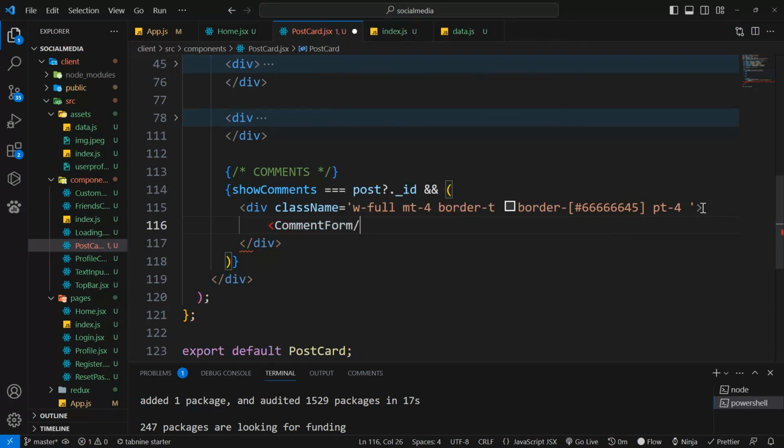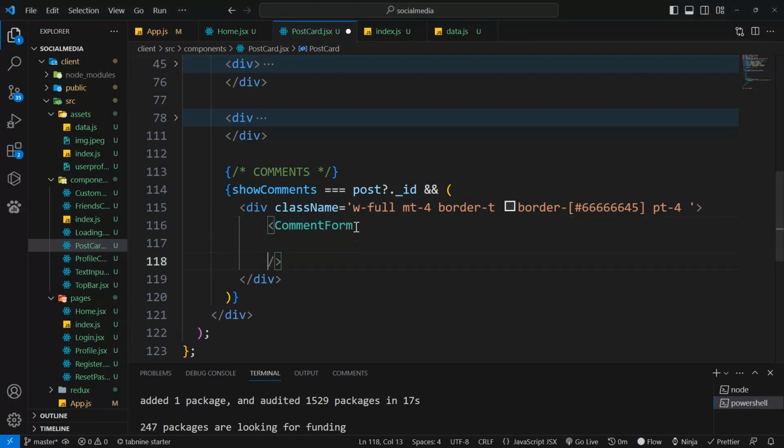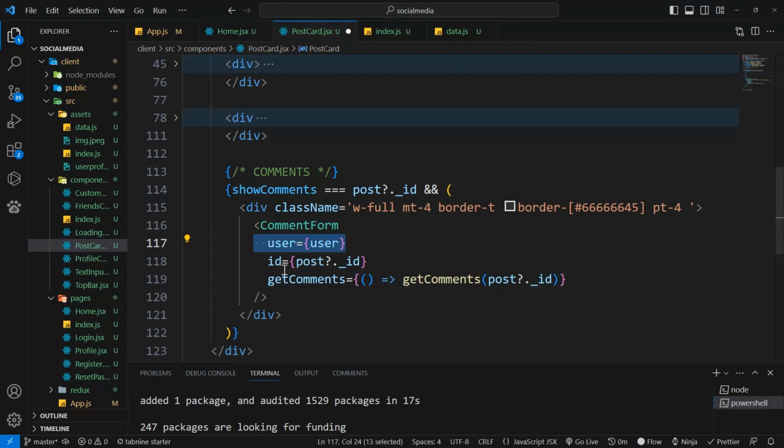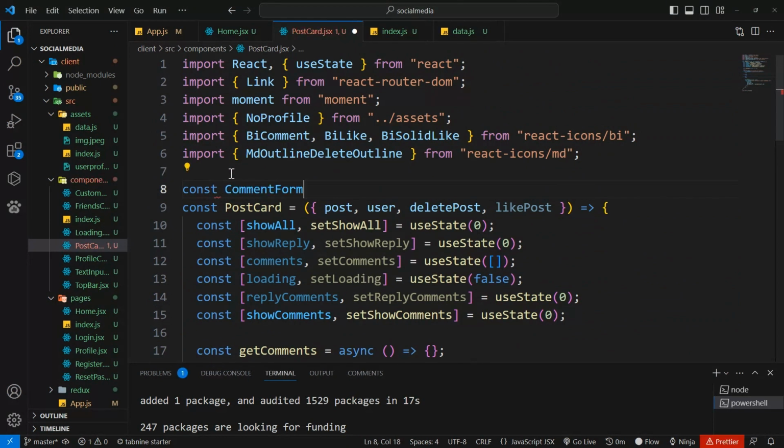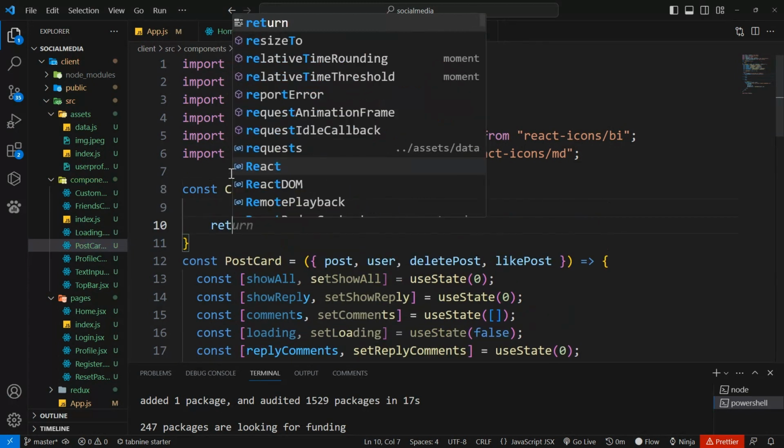Okay, so we'll create this shortly. It will accept a few props: the user, the post ID, as well as the getComments. We'll pass it here. Okay, so let's create this form. We'll create it inside the same card because that's the only place we'll need it. So no need to create it outside. So okay, so comment form equal to, okay, I will return